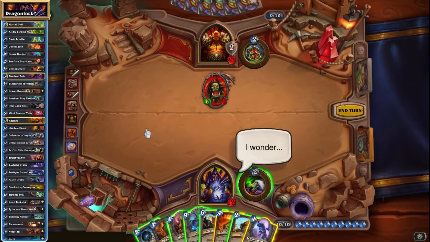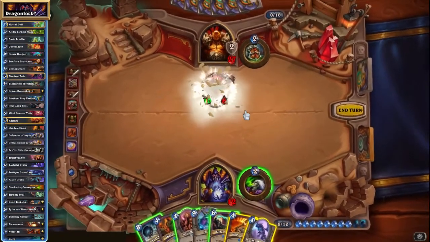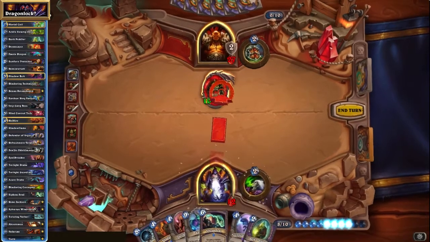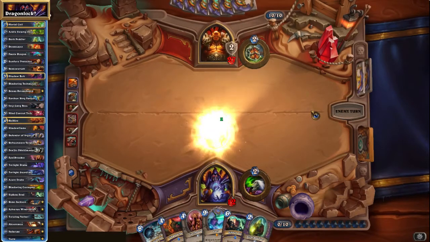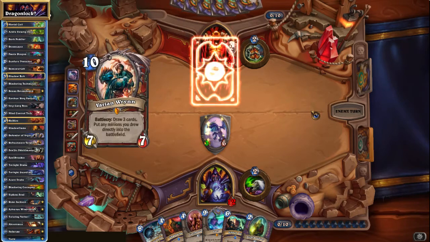I kinda like that. Do we want to draw a card? Yes, we want to draw a card. Of course we want to draw a card. What kind of question is that? There we go. That's actually a neat card. Kinda tough for him to get through. So I like that. And that gives us...